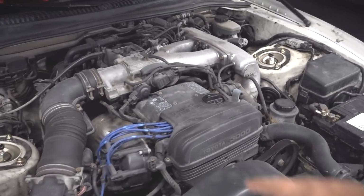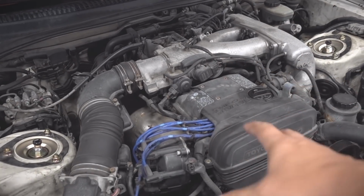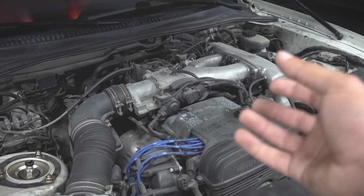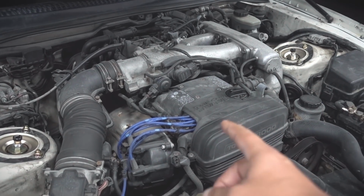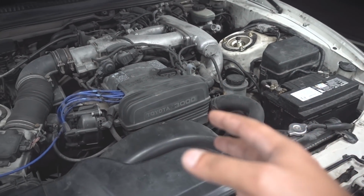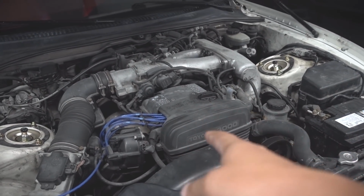Now what we're gonna do is we're gonna take off the head, put in a new head and turbo and all that stuff. I am trying to get in touch with Precision to perhaps use one of their turbos. I really like the 6266. I do have a Borg Warner EFR 8374, but honestly, I think the 6266 would probably work a little bit better on this,